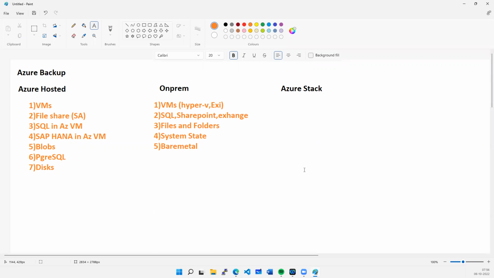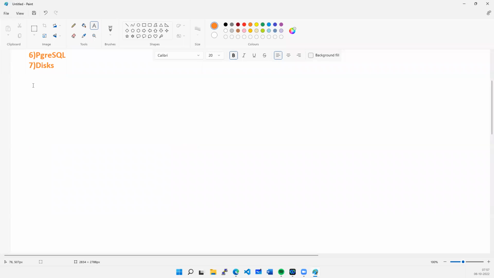So this is when it comes to on-premises, right? Azure Stack, you also have similar solutions here. We are not going to get into that, but these are the things which you can take backup of, right? So now, when it comes to Azure Backup, what service do we use, right? To take backup, we use something called vaults, okay? So to take backup,